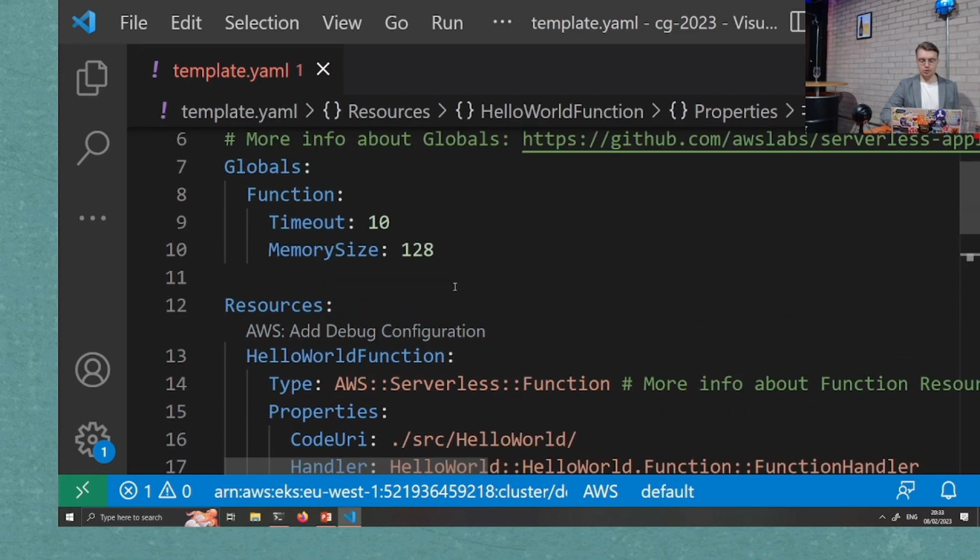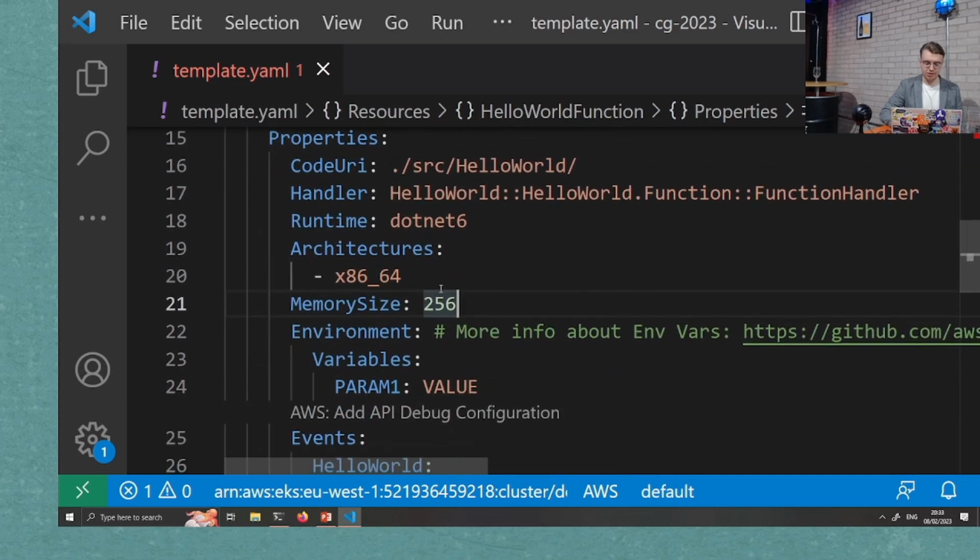Oh, I might still do. So what a weird default this is. It's saying 128 there and then 256 there. But anyway,